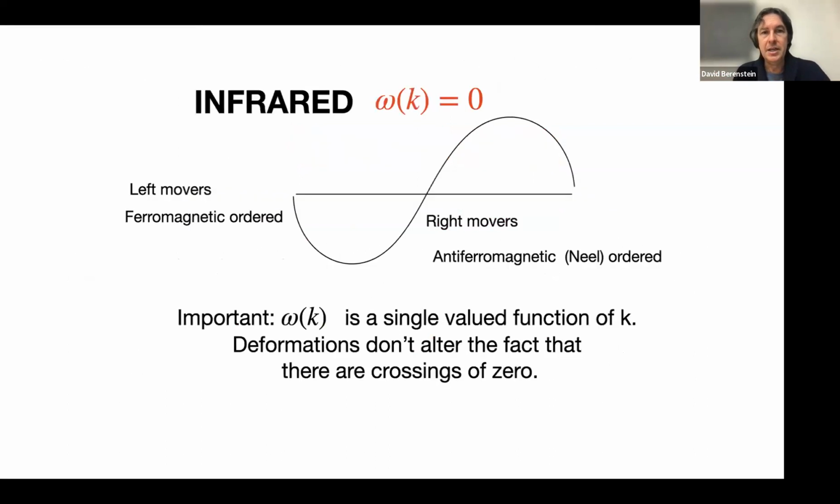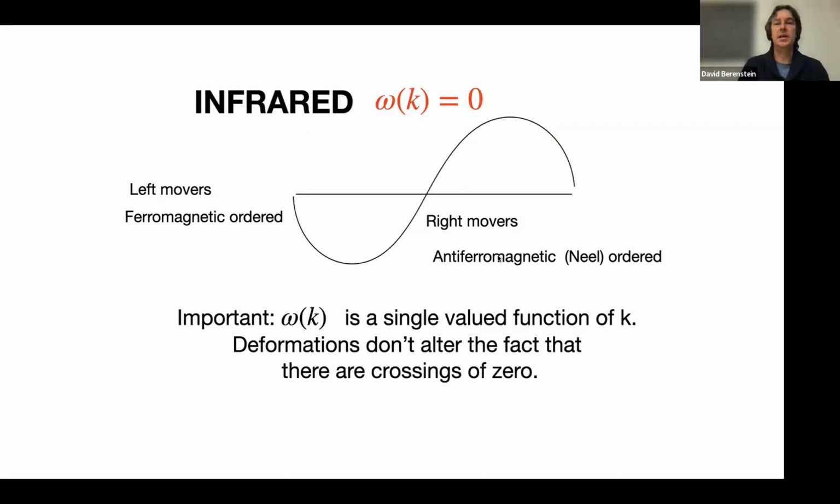Okay. So what's the infrared? The infrared is omega k equal to 0. There's 2 zero crossings. One of them is the left moving, where all the spins are aligned. All the bosons are very slowly moving relative to each other. And then the right movers are at k equal to pi, which is basically what we will call an antiferromagnetic or Néel-ordered condensed matter, which is basically where things go maximally